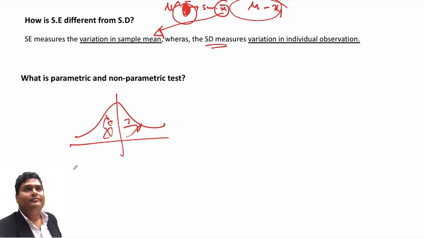Let's say that I want to understand some sort of concept related to male and female, categorical. In those cases, we will not be able to apply the parametric test. In that case, we need to apply the non-parametric test. And one of the examples of the non-parametric test is the chi-square test,